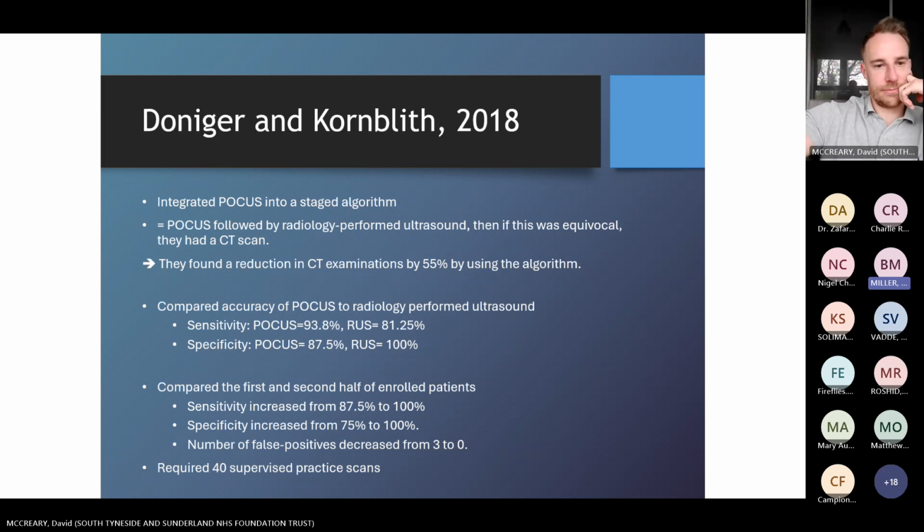They also compared POCUS to radiology ultrasound and found that in terms of sensitivity, it was better, specificity not as good, but still both were quite high. And on the learning curve aspect of it, again, similar to other studies, they looked at the first and second half of the enrolled patients and found that sensitivity and specificity increased and the number of false positives decreased as well. Just showing that the more scans that you do, the better you get at ruling it in and